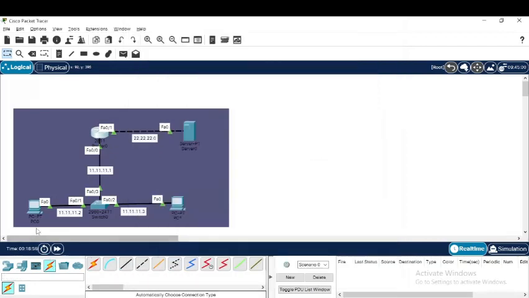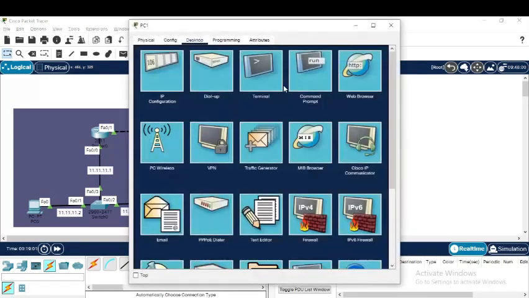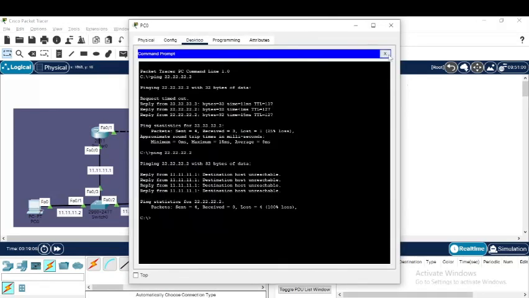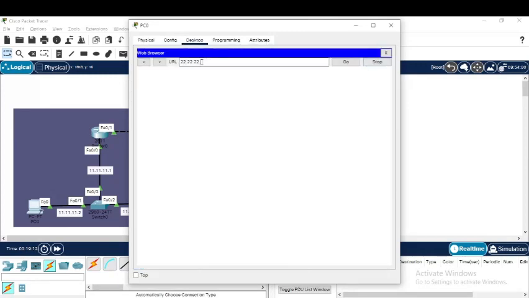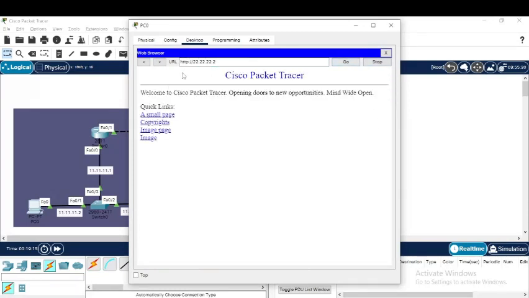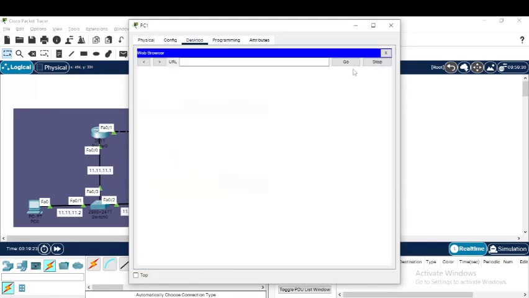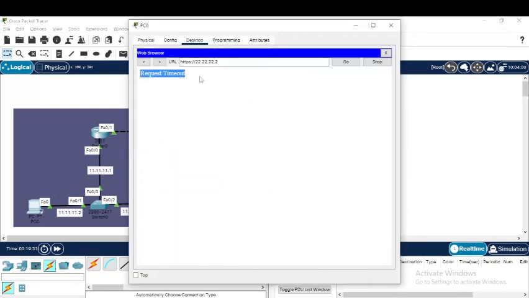Now we check ICMP first for PC0. Does it work or not? As you can see, the ICMP doesn't work because we just added that configuration that denies the ICMP protocol. We want to enter the URL for HTTP. As you can see, the HTTP works, but for HTTPS, I think it isn't going to work because we just denied HTTP. For Go, as you can see on your screen, the request is timeout because we deny this PC